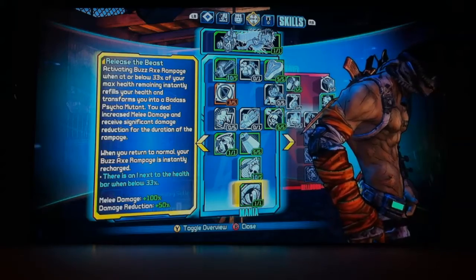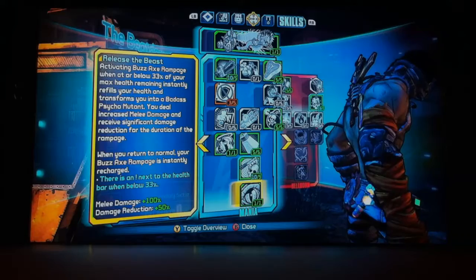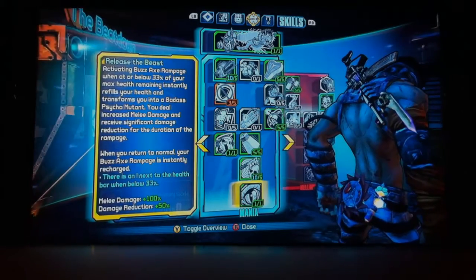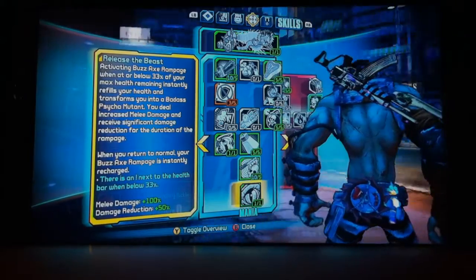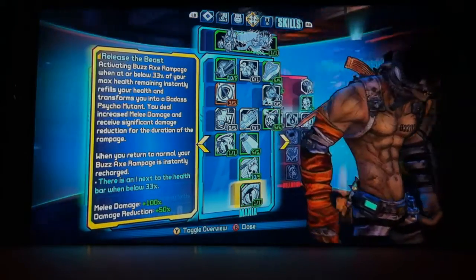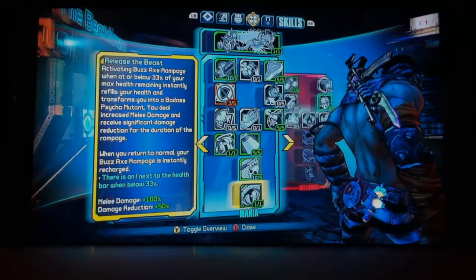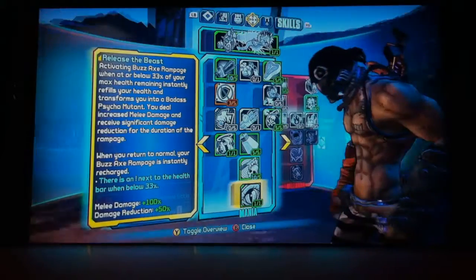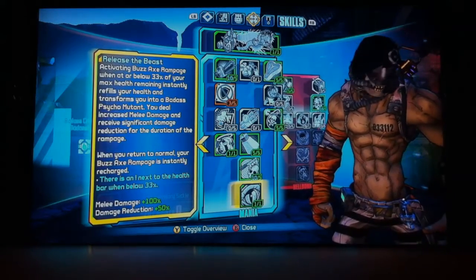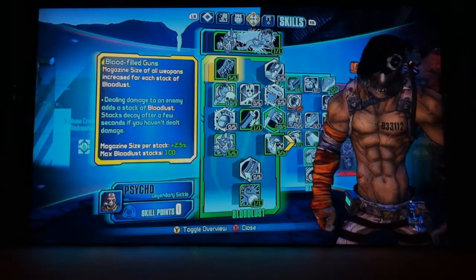And Release the Beast. Whenever your health gets down, then you can instantly go into Badass Psycho Mutant and get some extra melee damage and damage reduction. Then after that, your Buzz Axe Rampage fully recharges, and that's useful since Buzz Axe Rampage takes a long time to recharge, like about 2 minutes, and it might not seem long, but it really is long when you're in battle. So that's it for the Mania tree, and we're gonna go to Bloodlust tree,